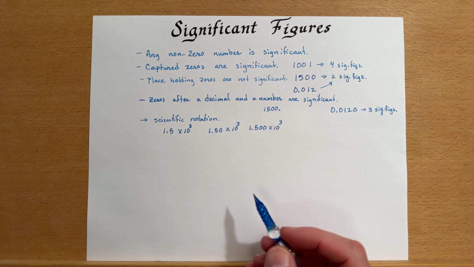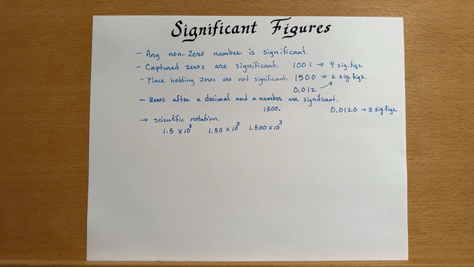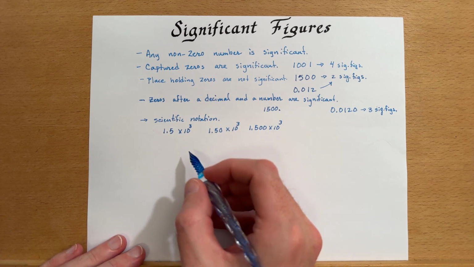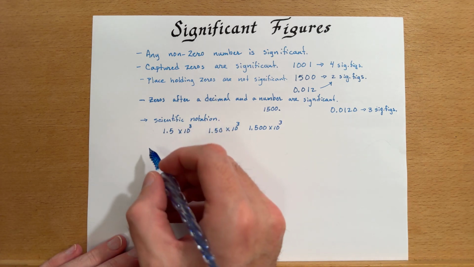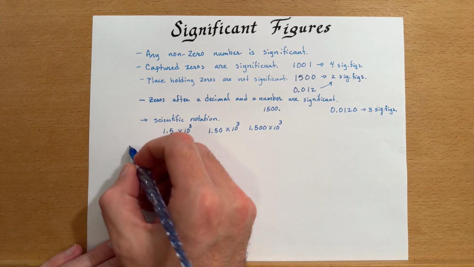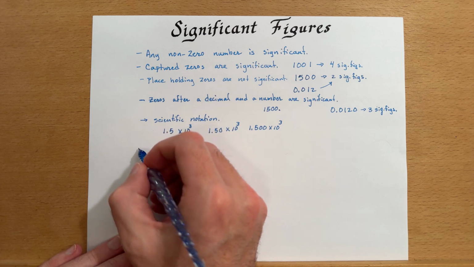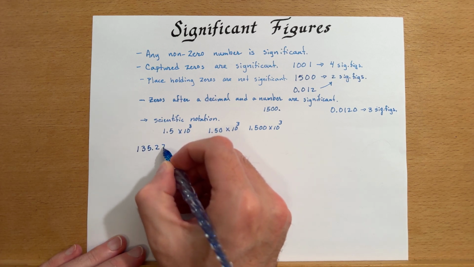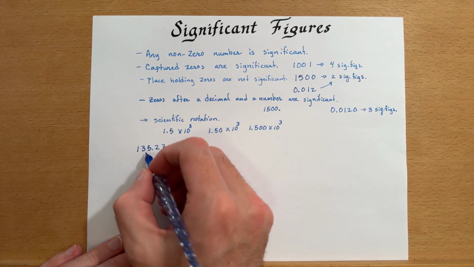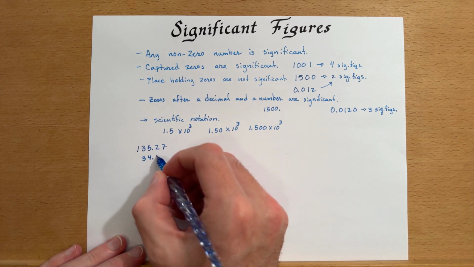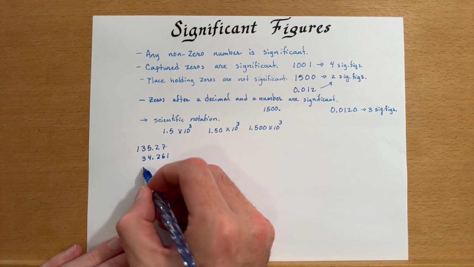Alright, so you've probably seen those, but let's also expand on significant figures inside of calculations. There are a few rules that we need to look at here. So first, let's look at addition and subtraction. I have an addition example prepared. So if we add 135.27 to 34.261 to 1.773,